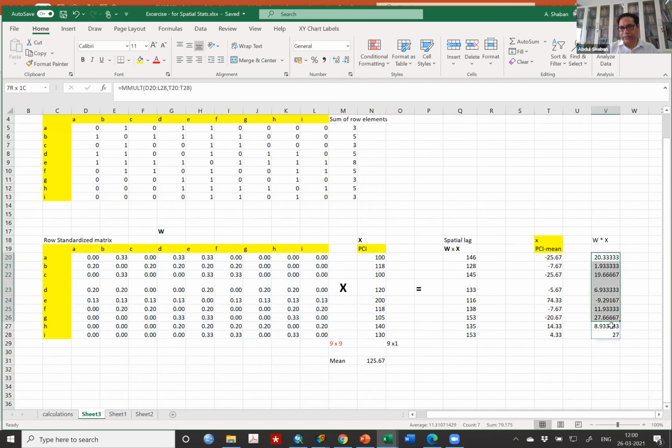Now you get this one value. So now this is a mean deviated lag. This is also a spatial lag, but it is mean deviated. This is what we are going to use, and we can mark it in some way so that we are able to recognize it, like this one. This green one means that we are going to use this. So all of you are able to do this?